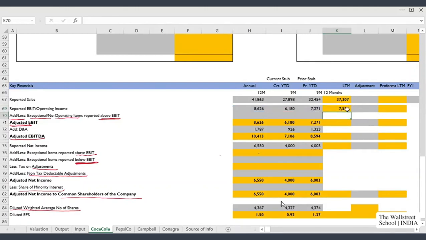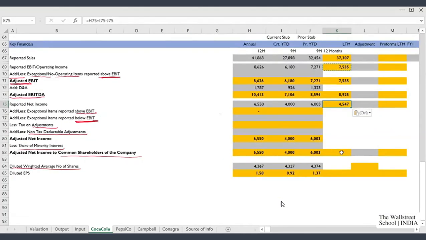It is coming to 7535. So we can copy this formula for other line items, for EPS as well, and let's increase the decimal point here. I'm keeping it up to 2 decimal points.